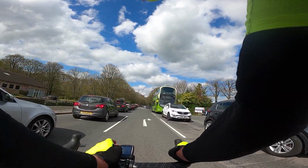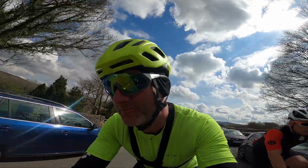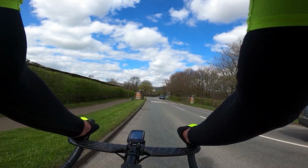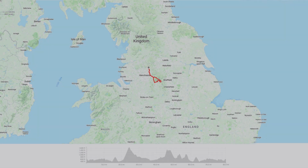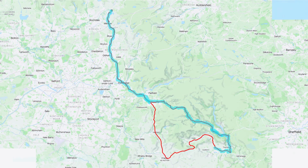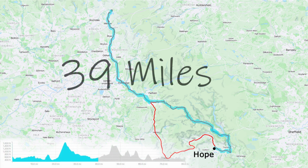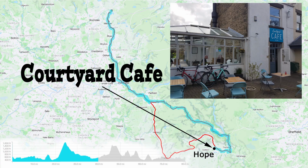So we're just cycling down a busy A6187. It'll take you to Castleton in the heart of the Peak District. Really busy, bank holiday traffic. So let's have a look at the ride on the map, and that's where we're based in the United Kingdom. And looking in a bit more detail, you can see highlighted there in that lovely cyan colour the route out, where we've now just approached Hope, and we've cycled 39 miles to this point, where we're going to have lunch at the Courtyard Cafe. So let's get back to the ride, where we had another cafe in mind,